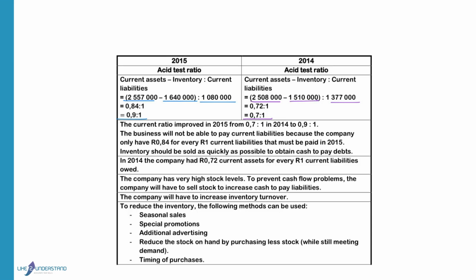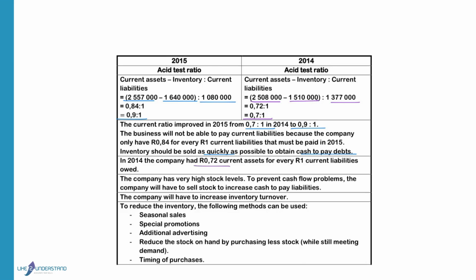So what does this mean? We will not be able to pay our current liabilities because we have less assets available than what we owe and that we have to pay at the end of the month. So although it improved from 2014 to 2015, you will still not be able to pay for the current debts, and you will have to sell inventory very quickly to obtain cash so that you will be able to pay for your debts. In 2014, it was 72 cents, so they didn't have enough money to pay the current liabilities,